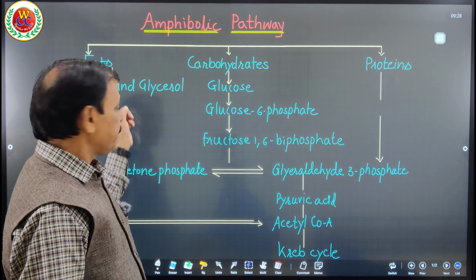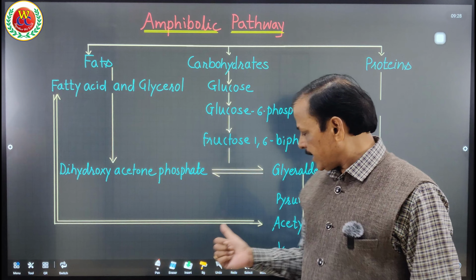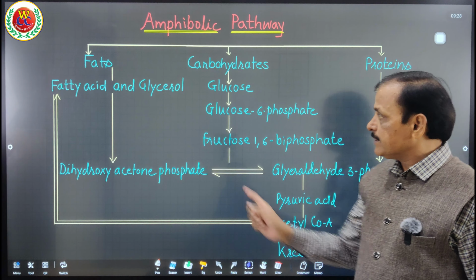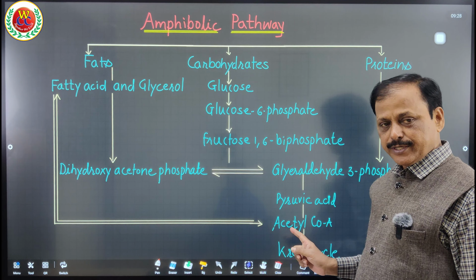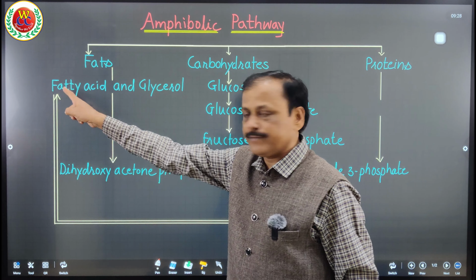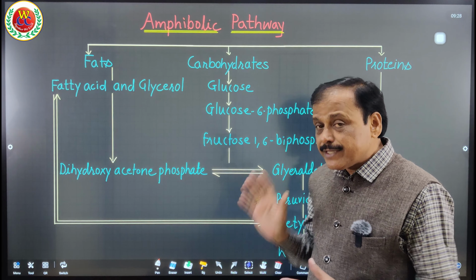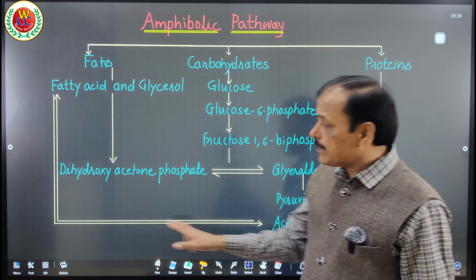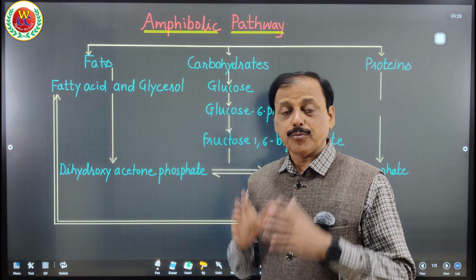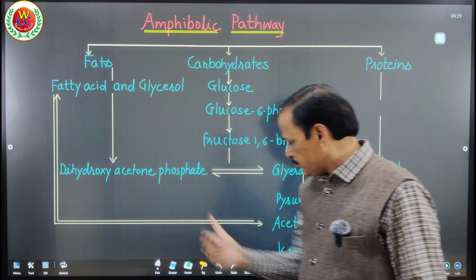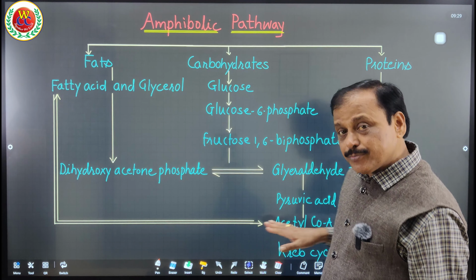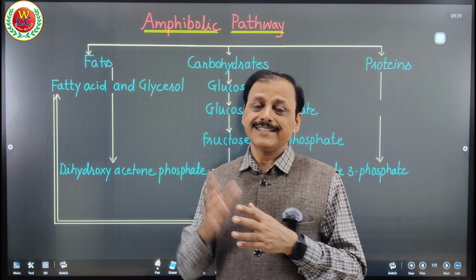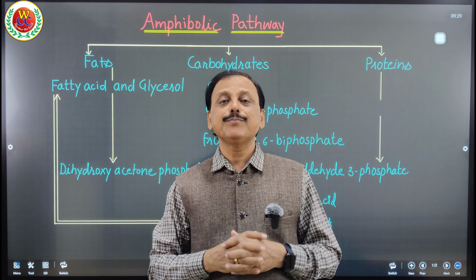So as and when fats are required in the body, this acetyl-CoA is withdrawn. Here see how I have shown the arrow. This fatty acid and glycerol can form acetyl-CoA, as well as acetyl-CoA is withdrawn. Withdrawn means that when there is a need of synthesis of fats, then this acetyl-CoA is reconverted into fatty acid and glycerol. What is catabolic? Stepwise breakdown of fat into acetyl-CoA is catabolic. But when this is withdrawn to regenerate the fat, that is anabolic. And hence this pathway comes into focus as an amphibolic pathway.